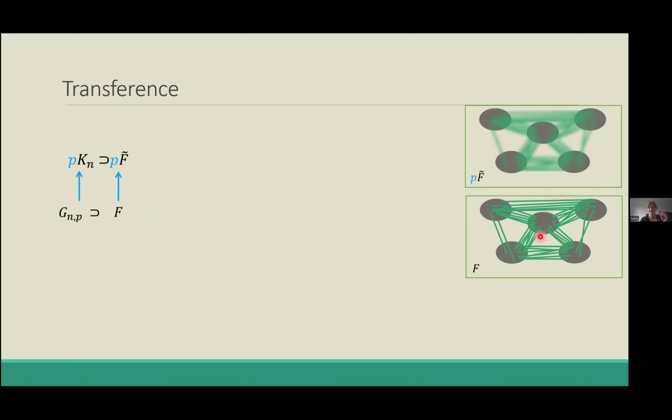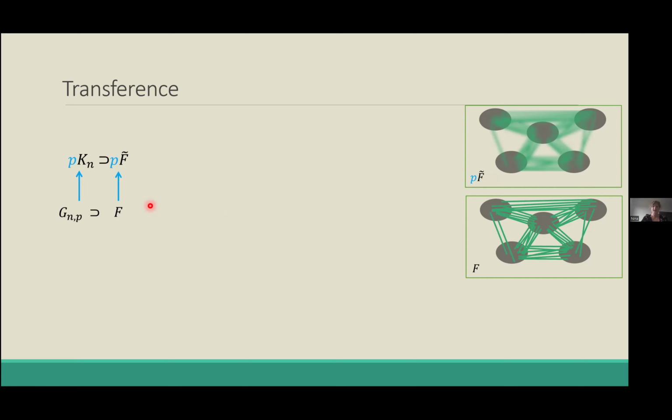An illustrative way of thinking about that is the following. Think of F as a weighted graph again. So F has weights just 0 and 1. It has very few edges, roughly p n squared edges, and these edges have weights 0 and 1. And then you can think of this model p F tilde as smearing the edges of F. So what you're doing is distributing the weight from the edges of F to a much larger number of edges, but the weights are now much smaller. So the weights are now 0 or p.